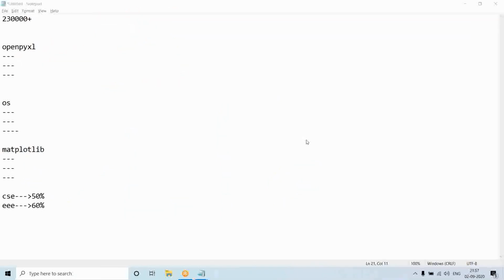Ma'am, one quick question I have. Yes, please. You said matplotlib is basically to represent data in a graphical manner, whatever input we have given to the program. I want to ask, there may be numerous libraries, right?